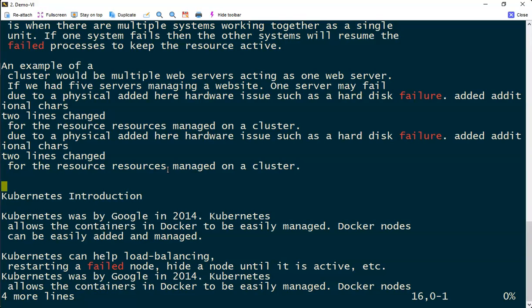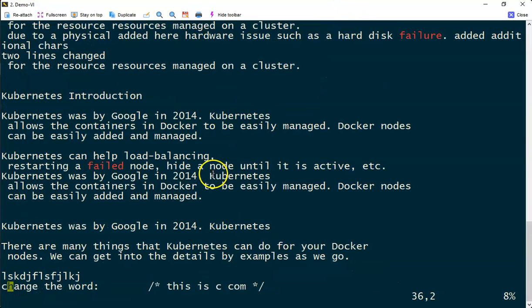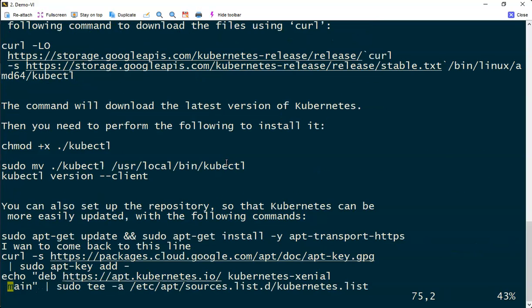Okay, TUV. W I think we know. W is just word forward, like B is word backward. W is word forward, where you can go word by word, and uppercase W is word forward including non-word letters. Let's say we have something like this. If I go to this, W will just go with every word. The slash is considered a non-word character. That's why we are looking at this. And uppercase W will just go to a word which is separated by a space.